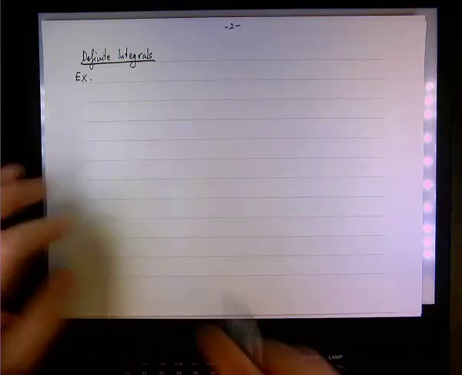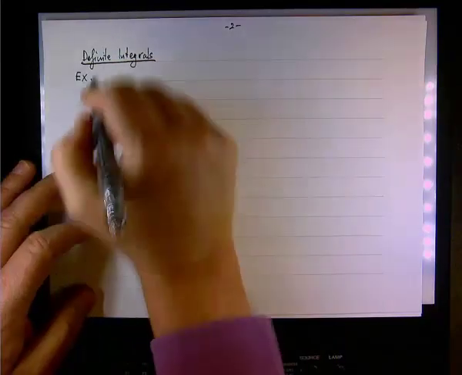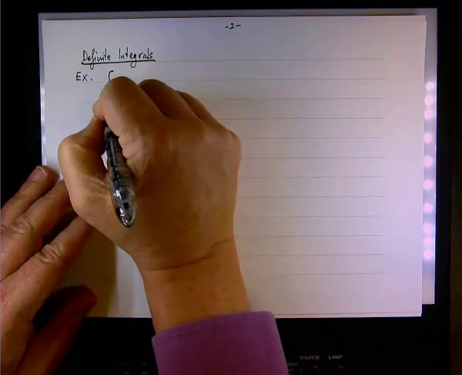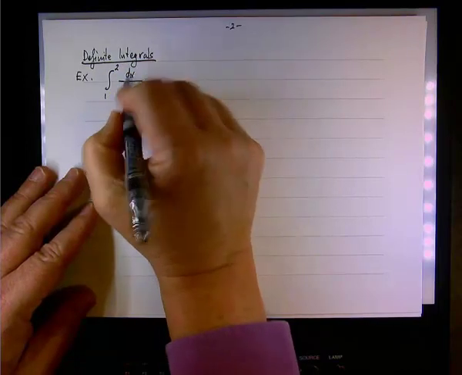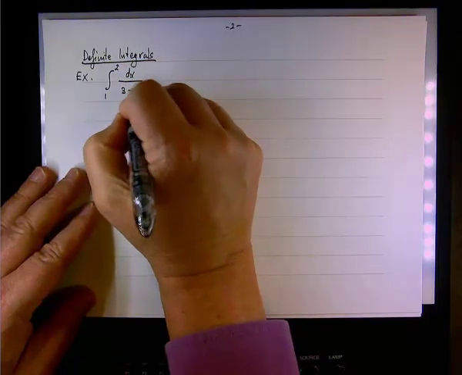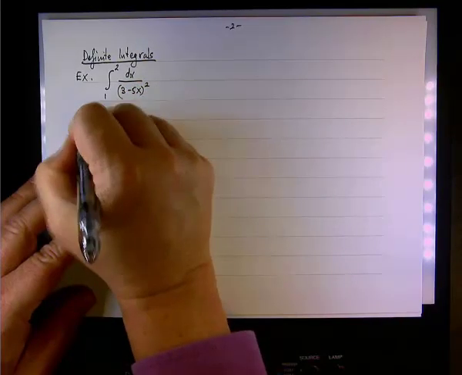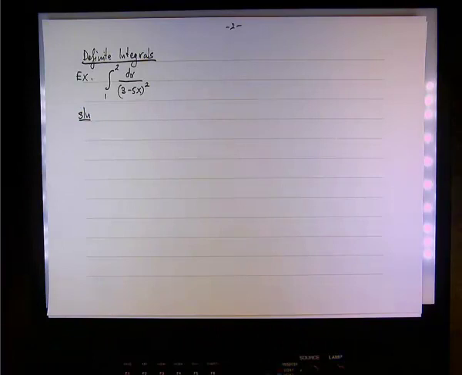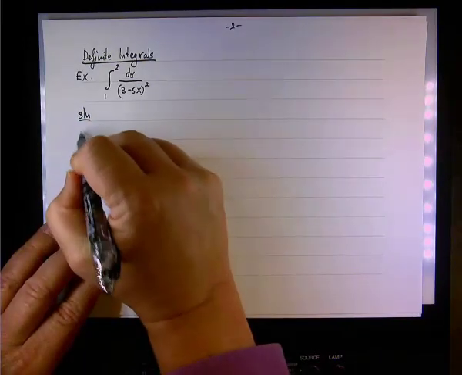So in this example, we are required to find the value of the definite integral from 1 to 2 of x divided by the quantity 3 minus 5x squared. And since we are dealing with substitution, it stands to reason that we apply substitution, and we're going to let